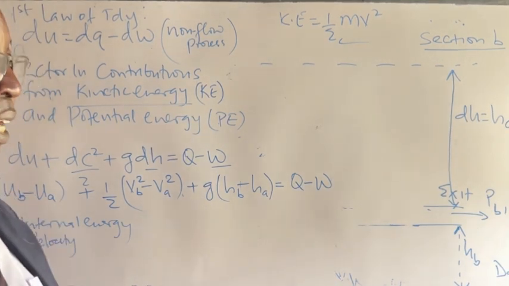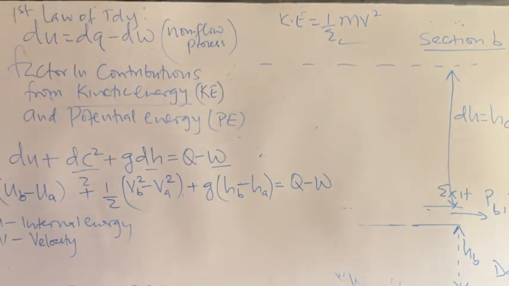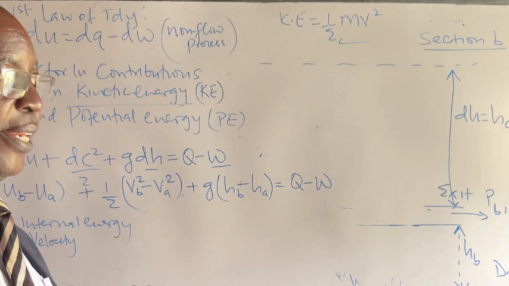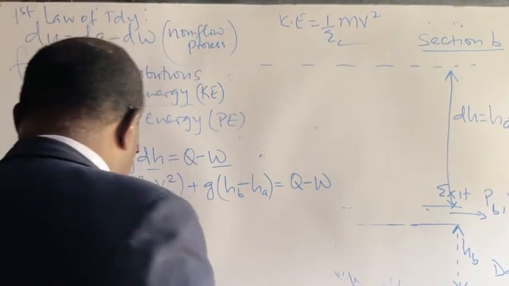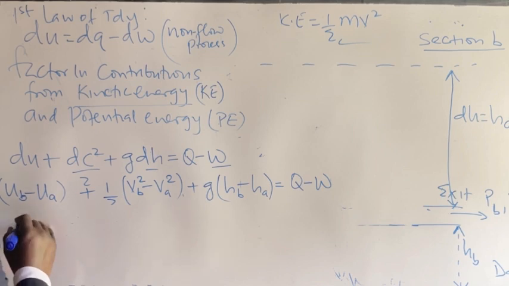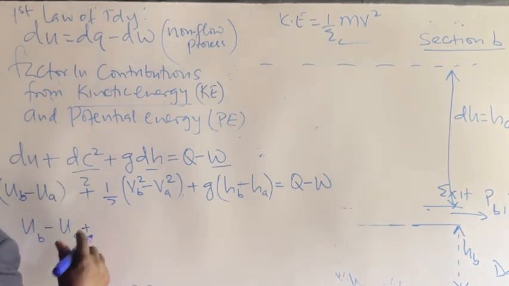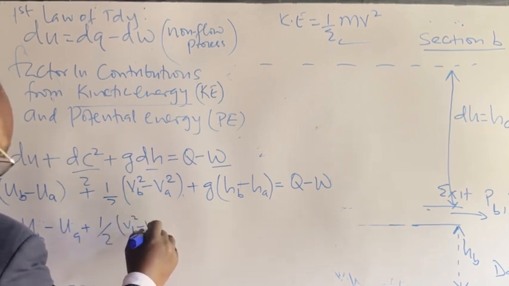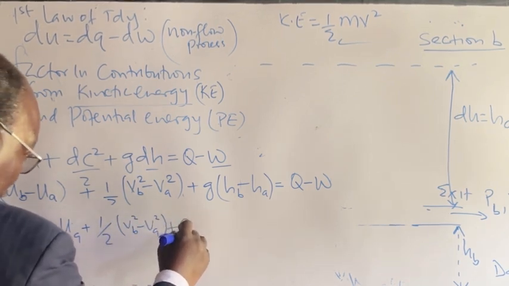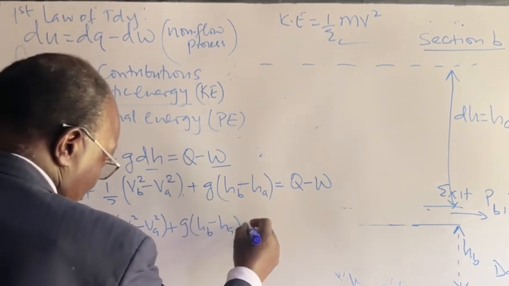If pressure at the entry is A, like we had said, and the volume is A, and the cross-sectional area was also A, then what we have here is now UB minus UA plus a half VB squared minus VA squared plus g of HB minus HA will be Q